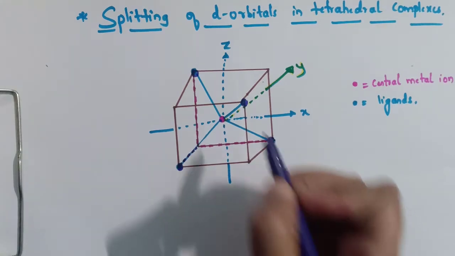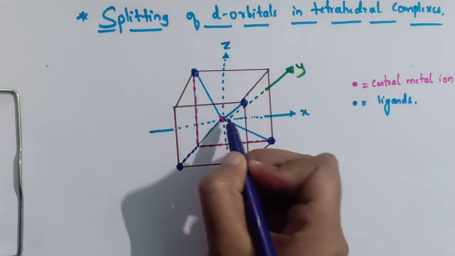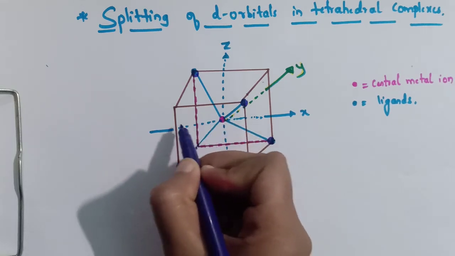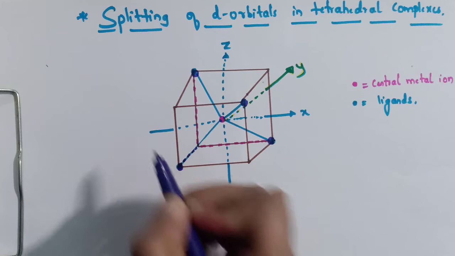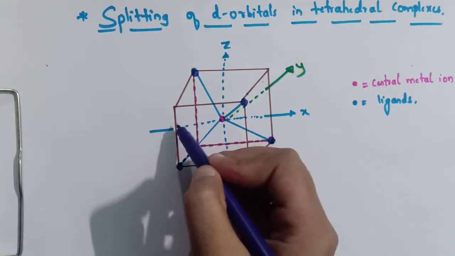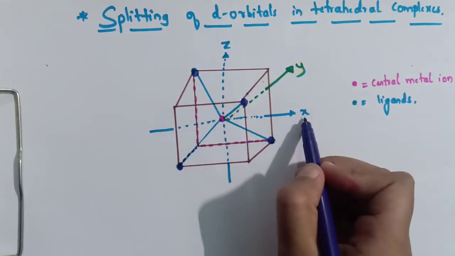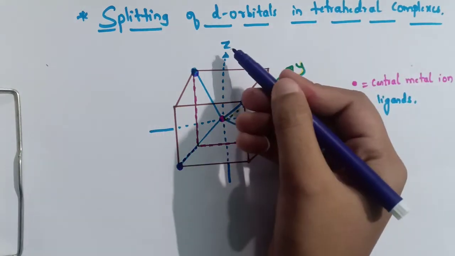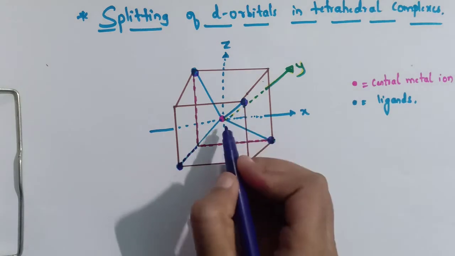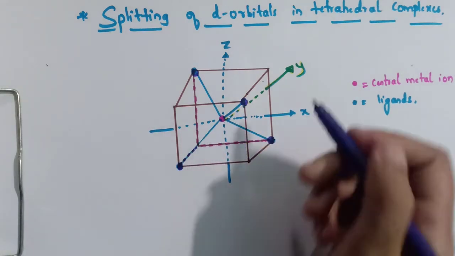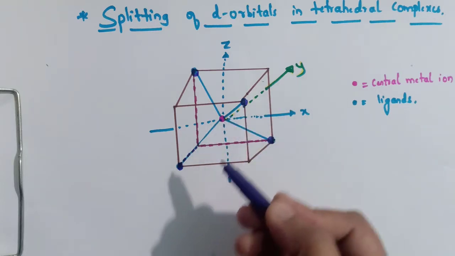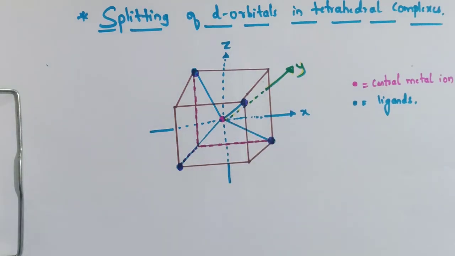Here you can see that this XYZ axis is passing through the center and protrudes through one of the faces of the cube. There are 6 faces of the cube. This x-axis is passing through the center and it is touching one of the faces, the z-axis is also passing through the center and touching one of the faces, and the y-axis is also passing through the center and touching one of the faces. There are the 6 faces of the cube.